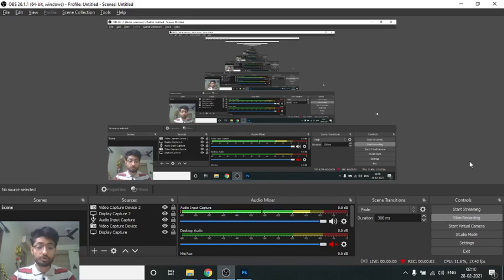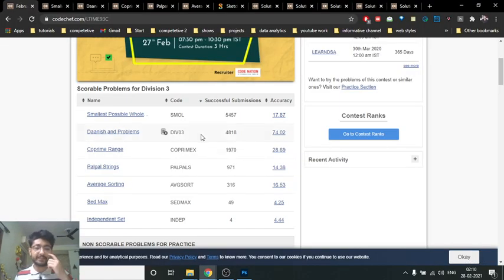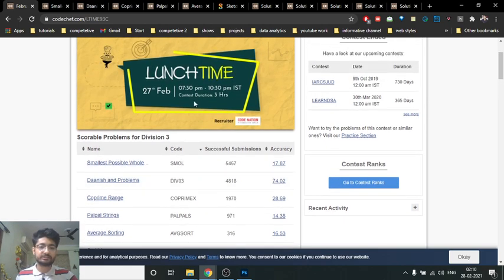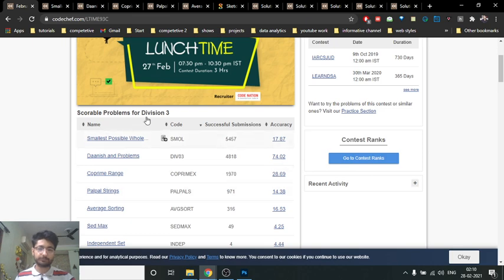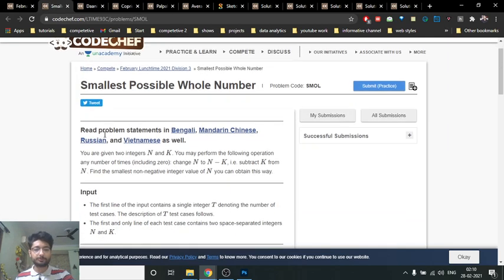Hello friends, so today we're gonna discuss the first 5 problems from the latest Lunchtime February from CodeChef. The first 5 problems from Div 3, as you can see, all of these problems are sorting. So let's start. The first problem states that you are given two integers n and k, and you will keep